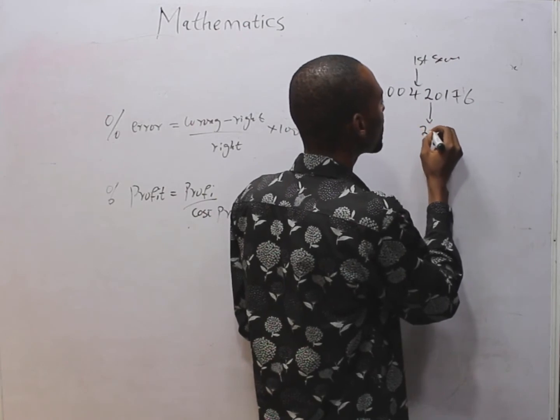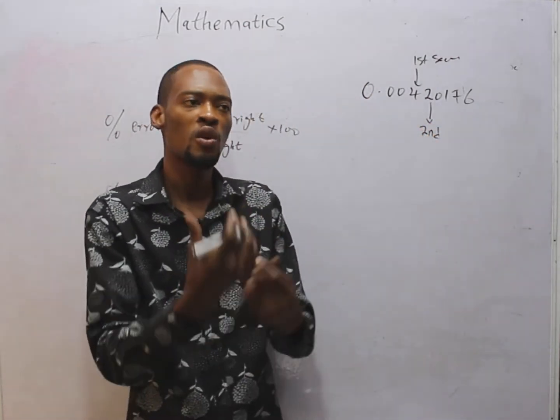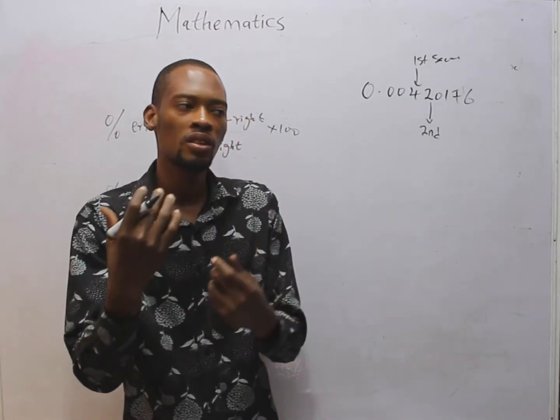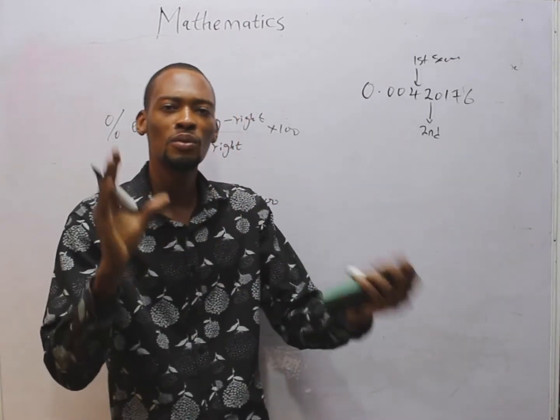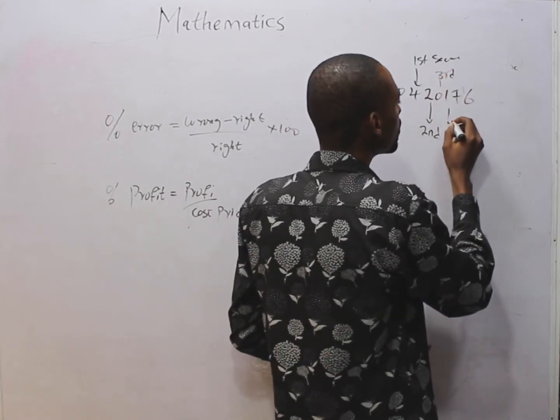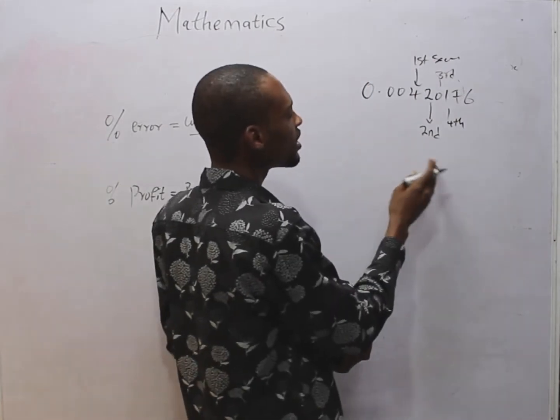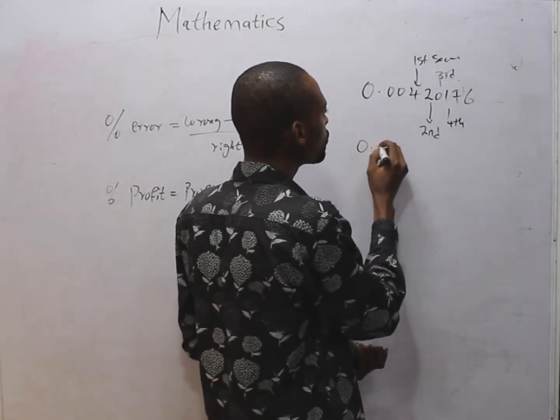And the third significant figure is any number after the second significant figure, whether 0 or 1 or 5 or any meaningful number. So this is the third significant figure. This is the fourth, fifth, and sixth. So if we set to 3 significant figures, this is simply